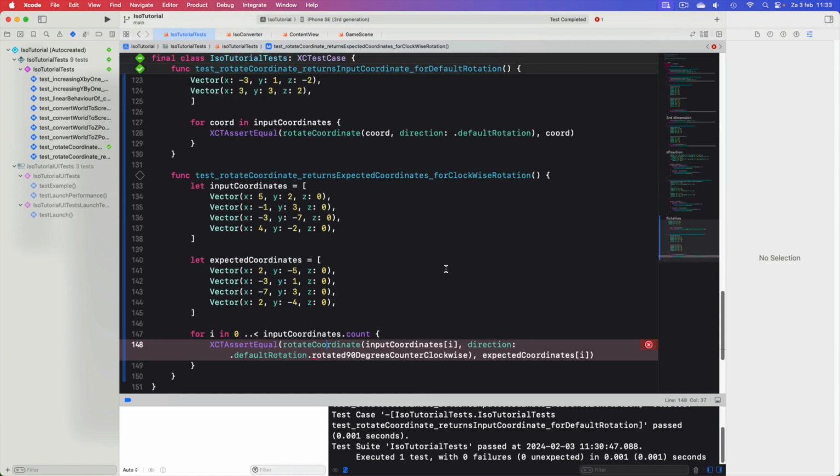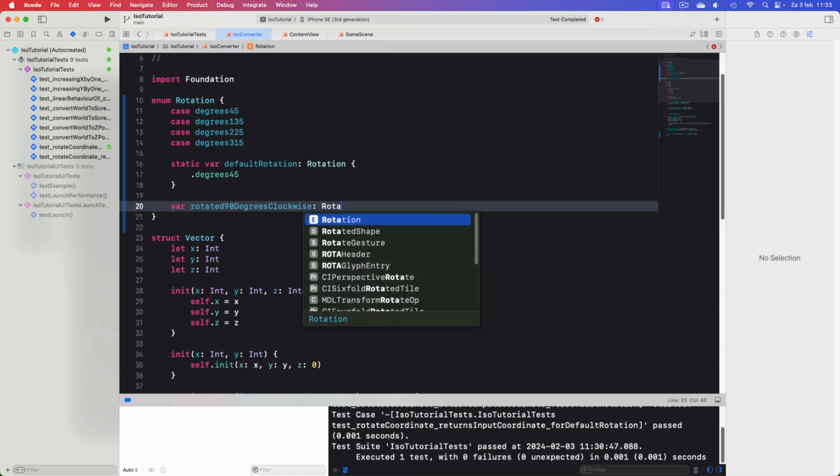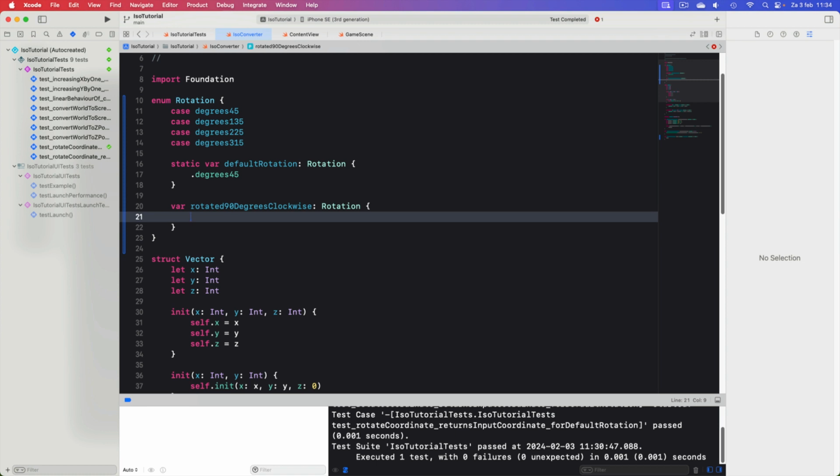Did we do counter or did we do, this is for clockwise, so we should make sure we do this only for a clockwise rotation. So we do clockwise. This will return a rotation,